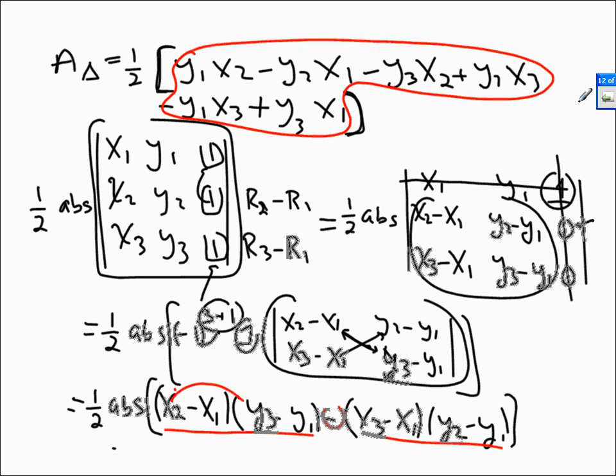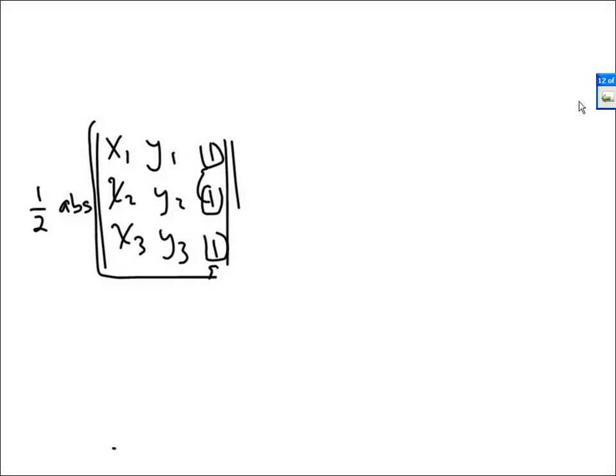Actually FOIL this out, FOIL it out, subtract. You will get what's on top in the red or negative that. And the absolute value doesn't care about the negative. Okay. So everything that's going to remain on the board in a moment is the formula to find the area of a triangle,